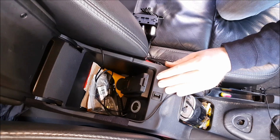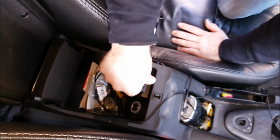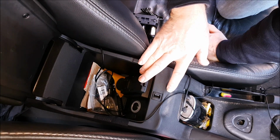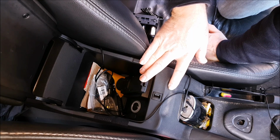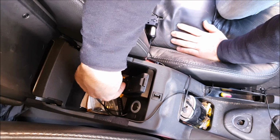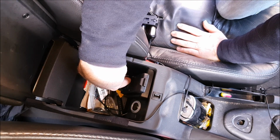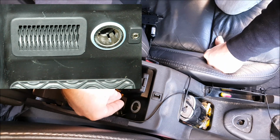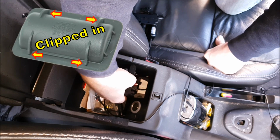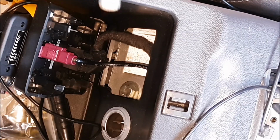If we take a look in the cubby hole underneath the armrest, then depending on what model you've got and what year, like I've got here, you may have a phone cradle, or if there's no phone cradle, then down here next to the power socket you'll have a coin holder. So whether you've got a coin holder or a phone cradle, simply remove whichever you've got, and through the hole that you've created